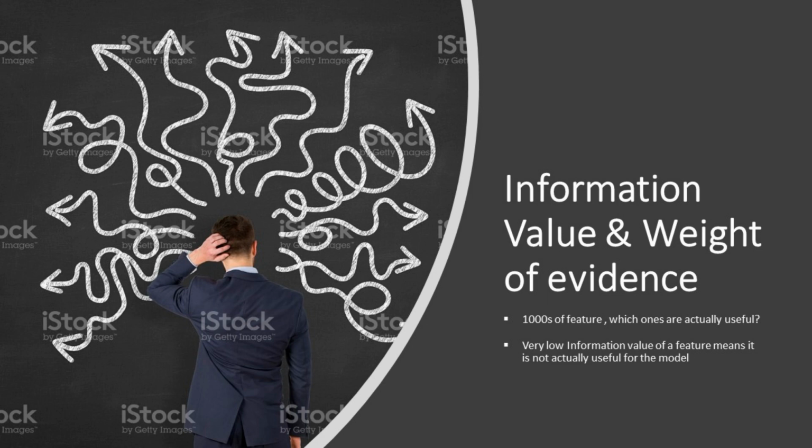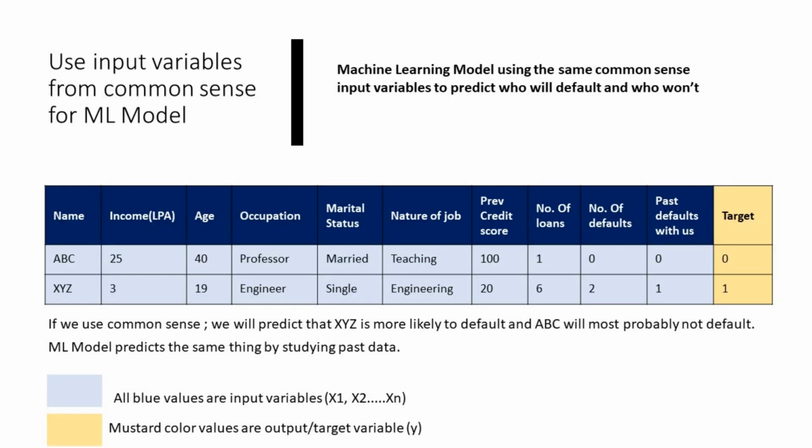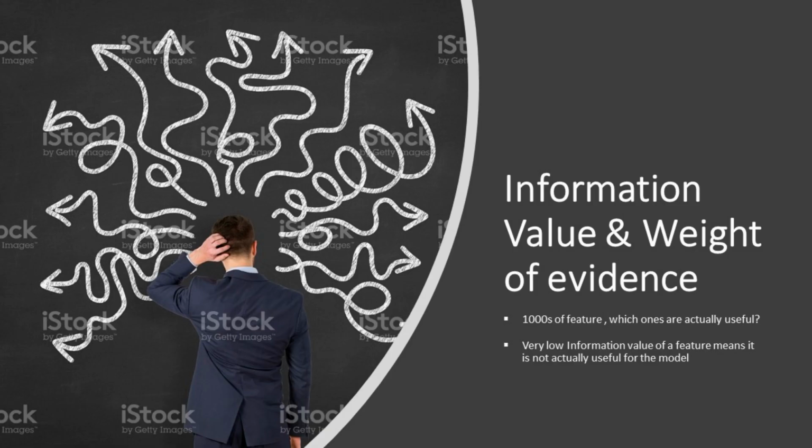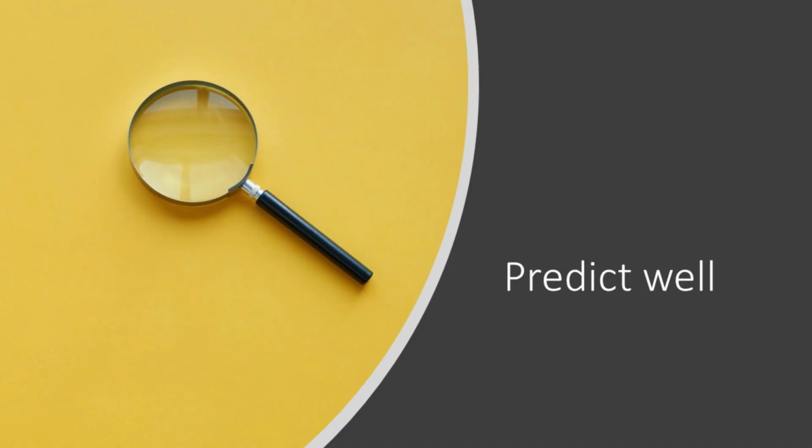As you can see here, let's say we have 1 lakh features. Features are nothing but your X input variables: the age, income, gender, occupation, all the input variables that you saw, they are the same as features. You can call them input variables or features, it's up to you. But in technical terms, selecting the relevant features is called feature selection. So you have, let's say, 1 lakh variables. You're not going to use all of them, because even if you can obviously use all 1 lakh variables to predict the y, which is the output, the target variable, whether a person will default or not,